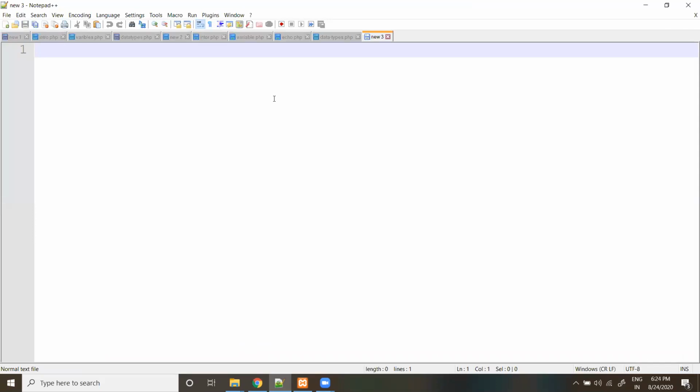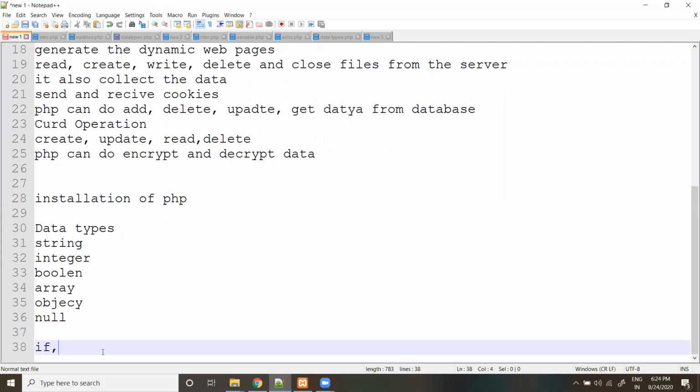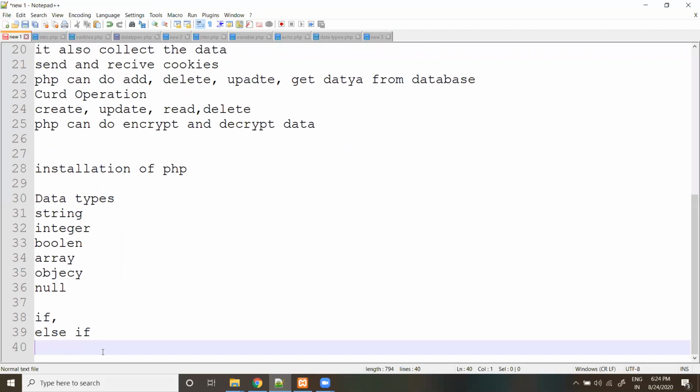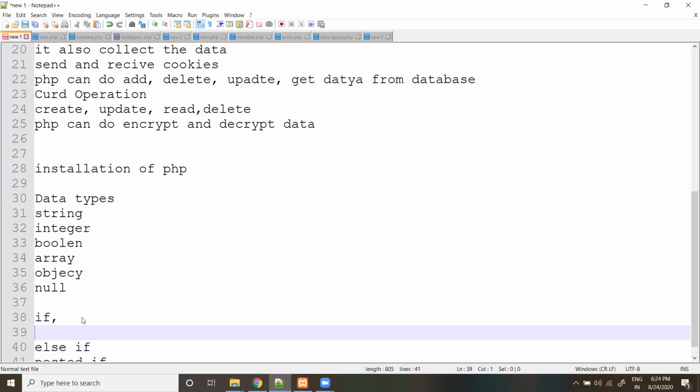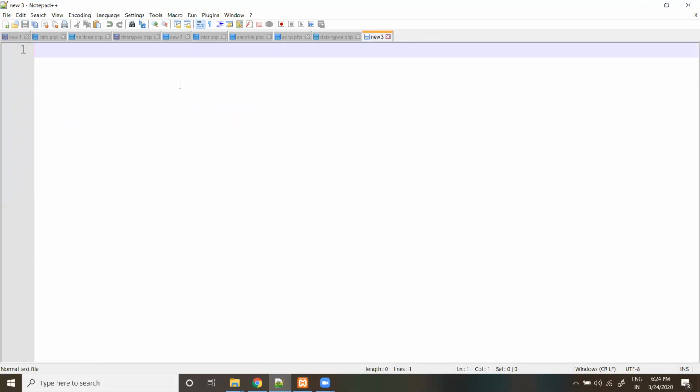Next, we go for conditional statements. We have four types of conditional statements in PHP: if, else, nested if, and else if.